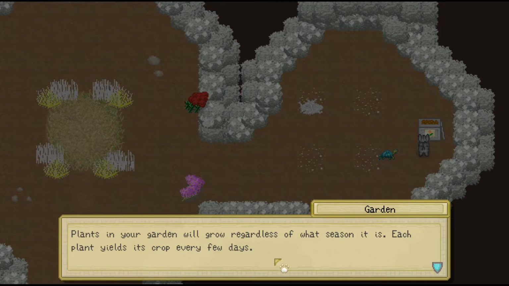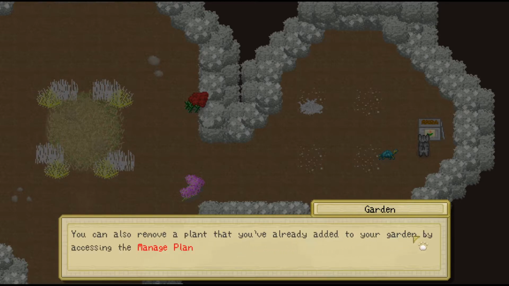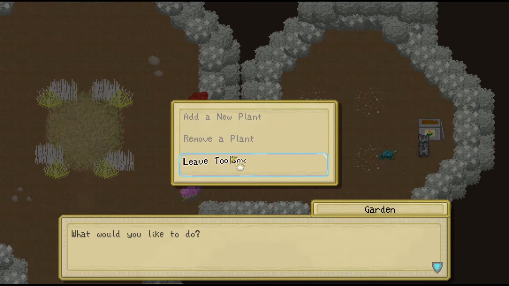each plant yields its crop every few days. It says every few days. I guess 5 is still a few days. I think more than 5, like 6 or 7, is already hitting several days instead of few. Anyways, you can also remove a plant that you've already added to your garden by accessing the manage plants menu. So let's go in here. That's basically that. Manage plants. Obviously I don't have anything, so I can't add anything, but if I want to remove something,